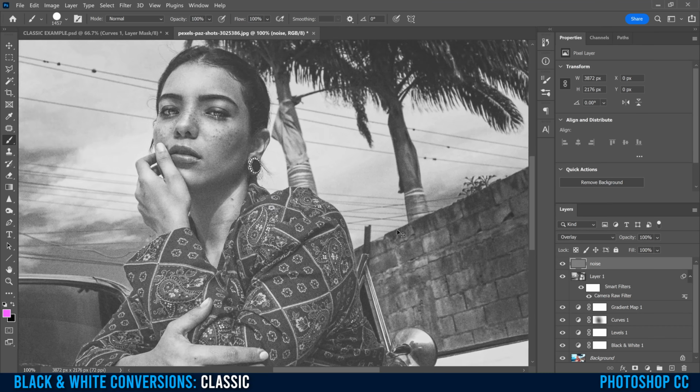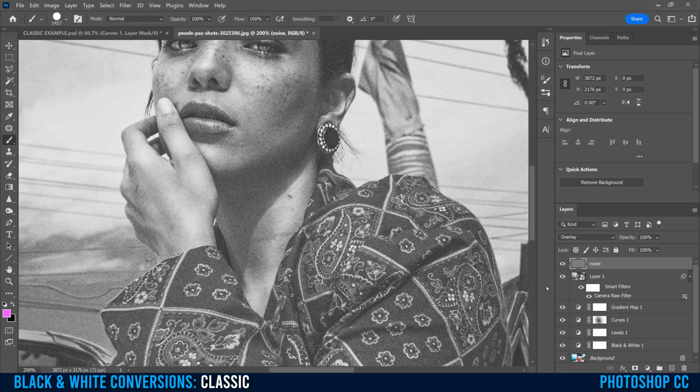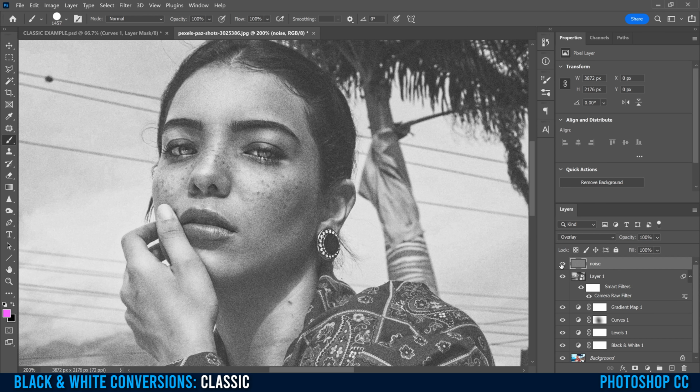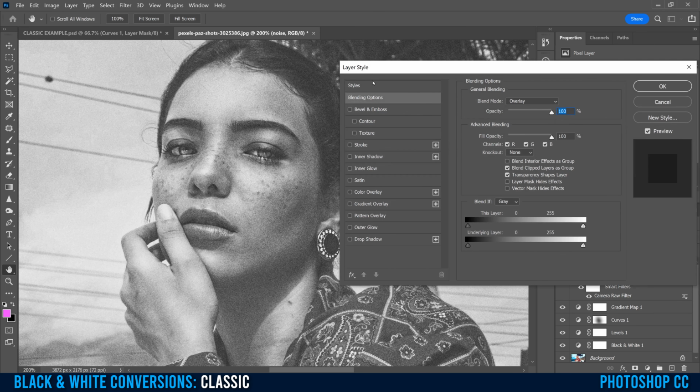So I'm going to zoom in so you can see it a little bit better. So that's without the noise, and that's with the noise. Again, you can mess with your opacity if you want, or you can double click to the right, which brings up your layer style menu. And then just where it says Blend If Gray, take this slider, slide it to the left. That'll get rid of some of the noise in the bright areas of your image,